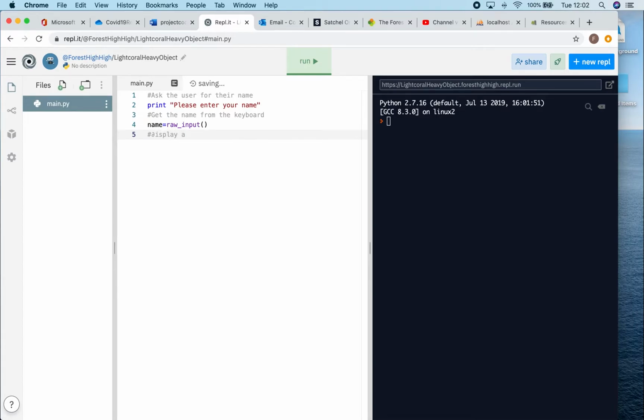display a welcome greeting, and then finally I have print. Now this is where I'm going to change things. Hello space plus name. So what I would do now is take a screenshot of my work and paste that